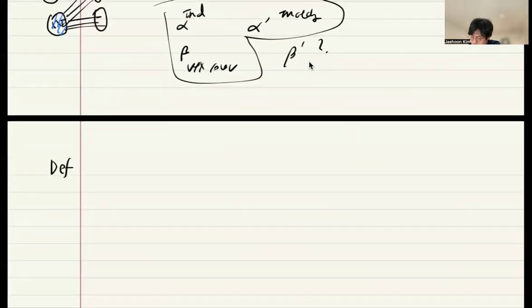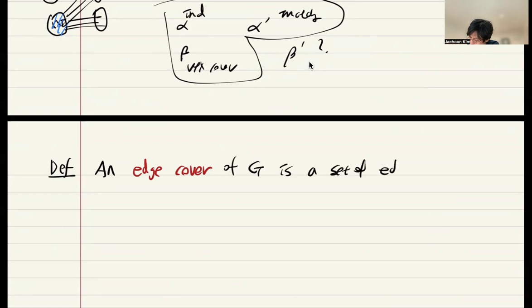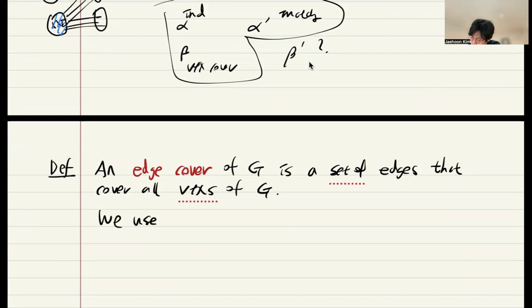Indeed, we have the following concept of edge cover. We say an edge cover of G is a set of edges that cover all vertices of G, and we use beta prime of G